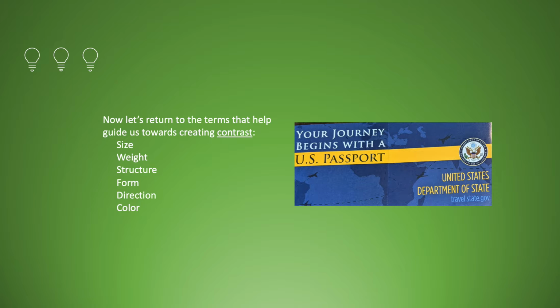Okay, so let's return to the terms that help guide us towards creating contrast. You can create contrast with size of your typeface, weight, structure, form, direction, and color. This is just a quick image that I took with my phone of a little flyer that I received when I was going to renew my passport. The flyer says, your journey begins with a U.S. passport. And then it says, United States Department of State,